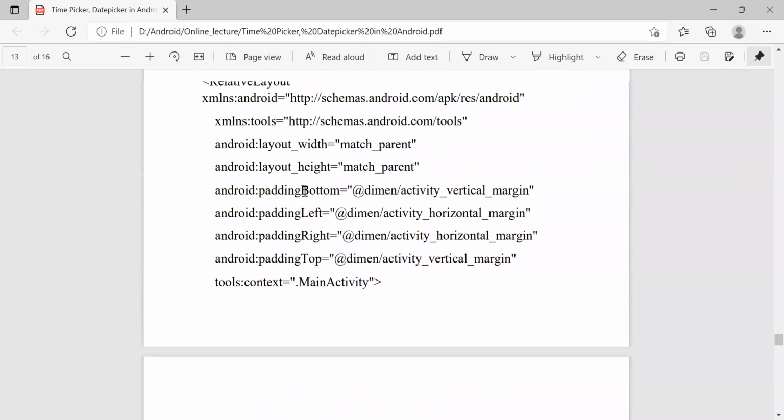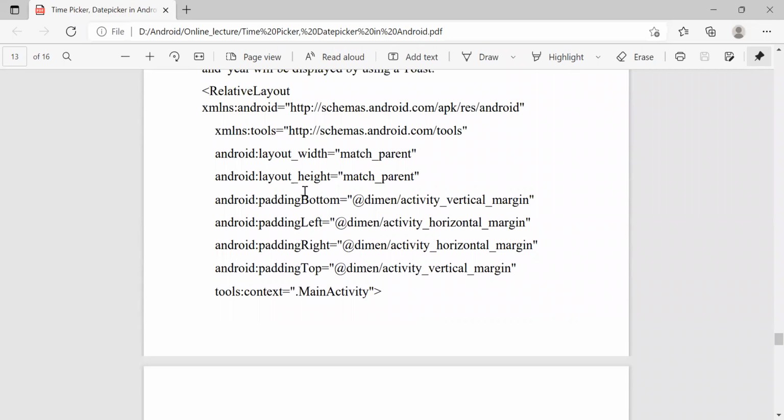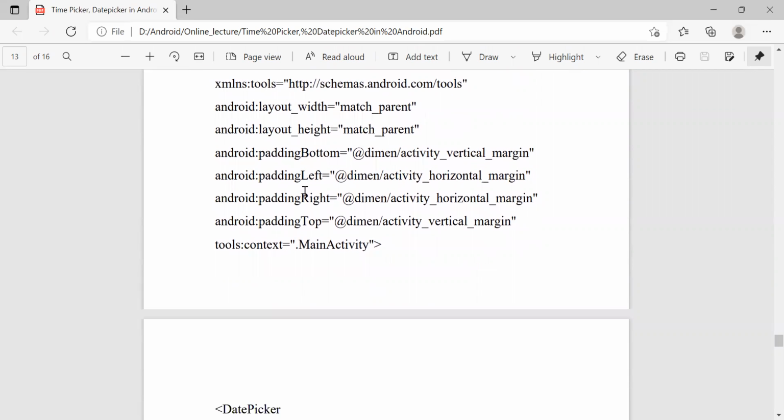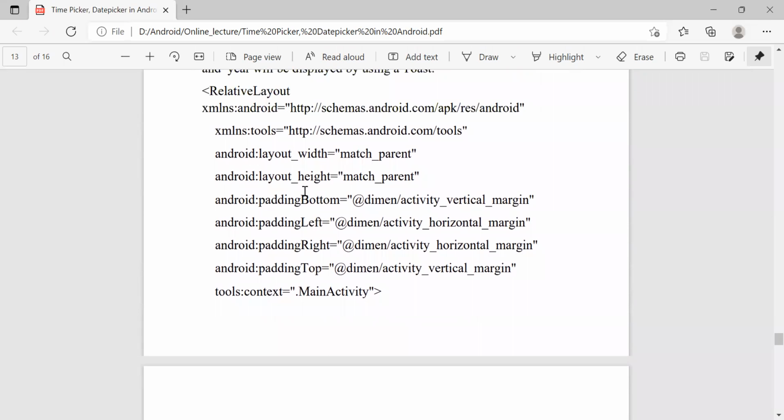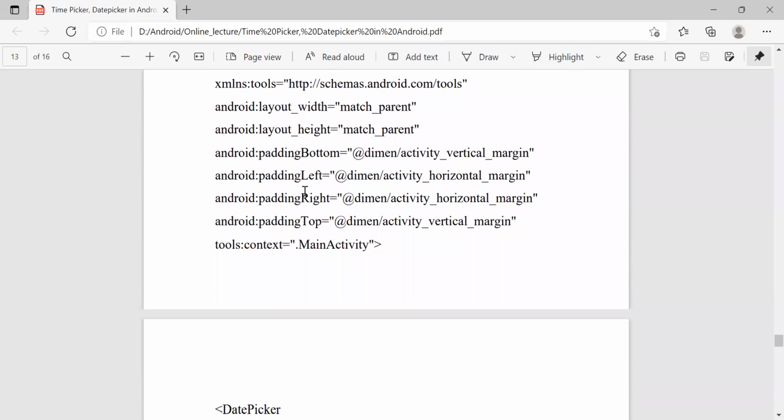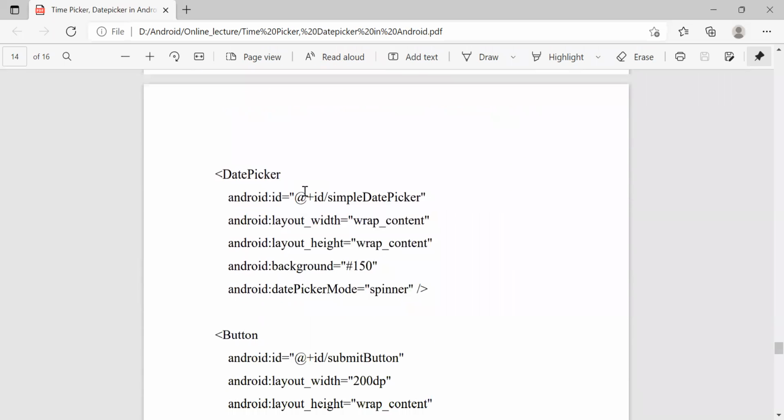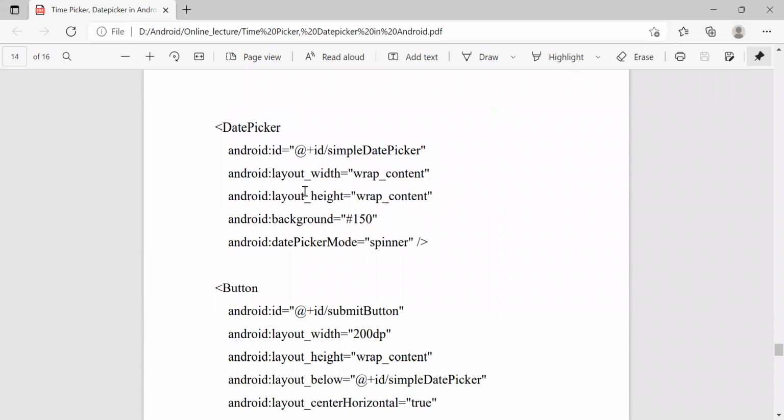In the XML code, we use a relative layout, and all the required attributes are set, like width and height and its position. Then we use the date picker control. We set its ID, width and height. Also we set the background, and its mode is the spinner mode.